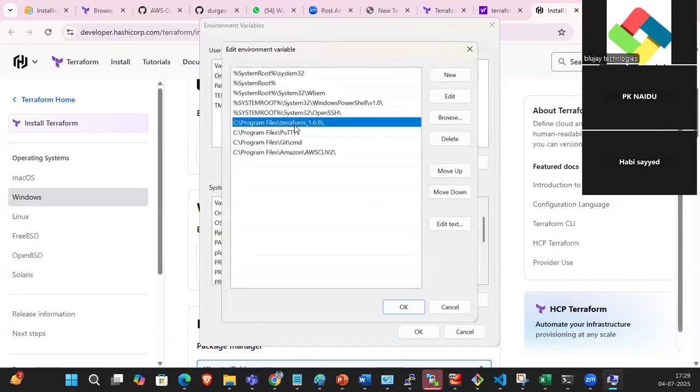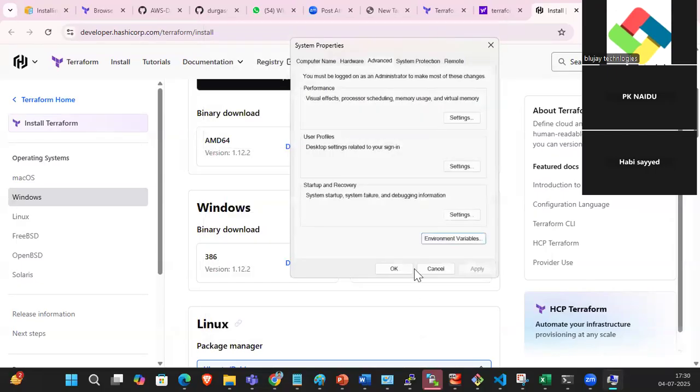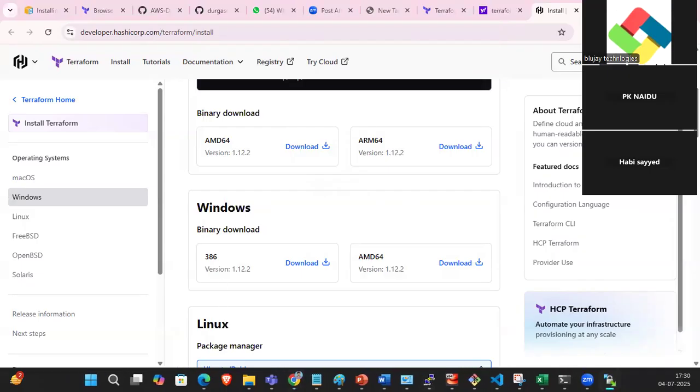You see, Terraform 1.6 is there. I'm deleting this one and pasting the new one here. This is the Program Files Terraform. You are telling it that your Terraform file will be in C, Program Files, Terraform. Once you set the environment variables in your